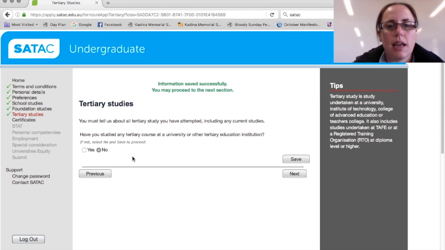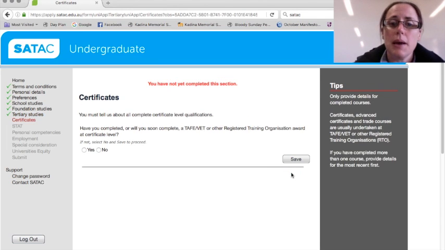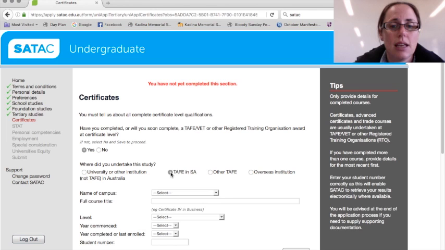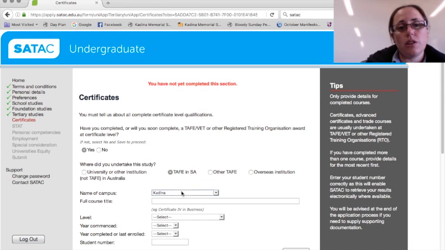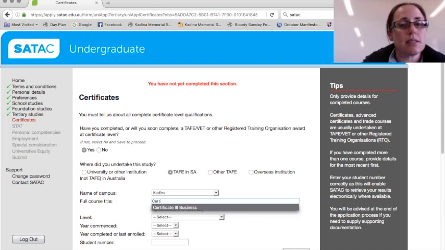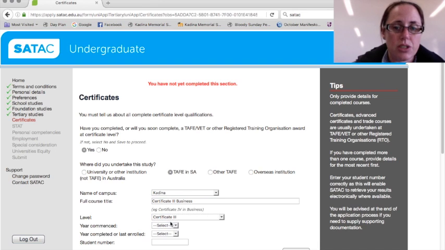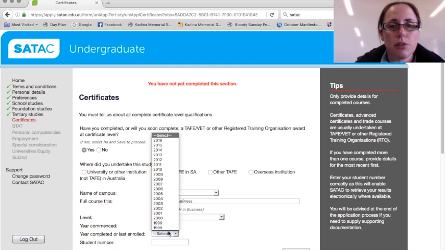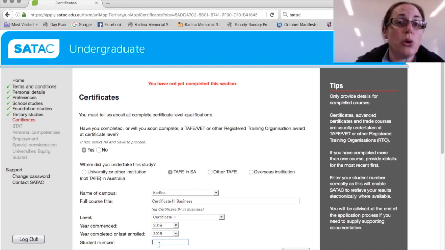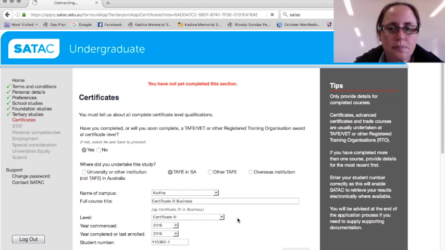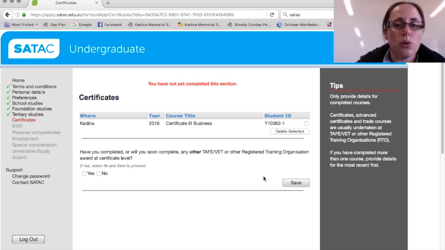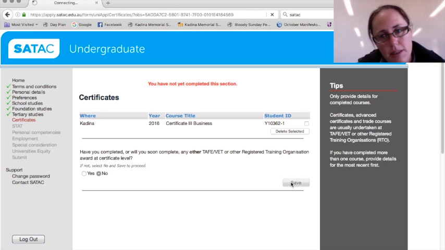If you've got any certificates, so a Cert 3 in business admin, make sure you enter that in. If you've done it through TAFE or someone other than TAFE, put that in there. What the full course title is, so Certificate 3 in business administration needs to be put in there. The year commenced when you first started, when you finished it, when it was conferred to you, and your student number is actually your TAFE number in that case, or your USI. It's not your SACE number there. All right, so make sure all of those details are in there, and then press the next button,